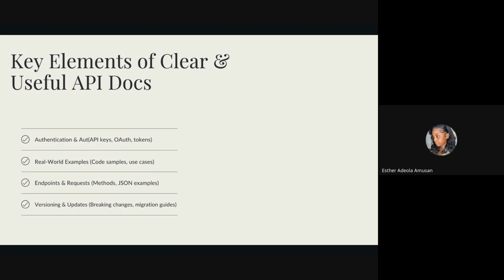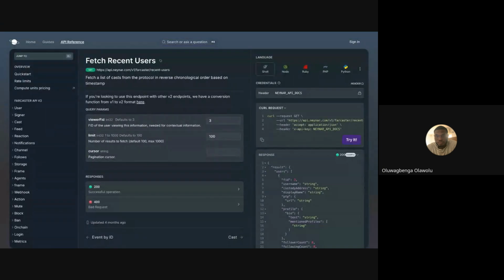Okay, yeah, I think I get what you're saying. There's no guide, there's no hard rule to say this is how an API should be structured. Also, I'm just going to share another screen on sort of an example of what I think is a clear API documentation. Can you see my screen?